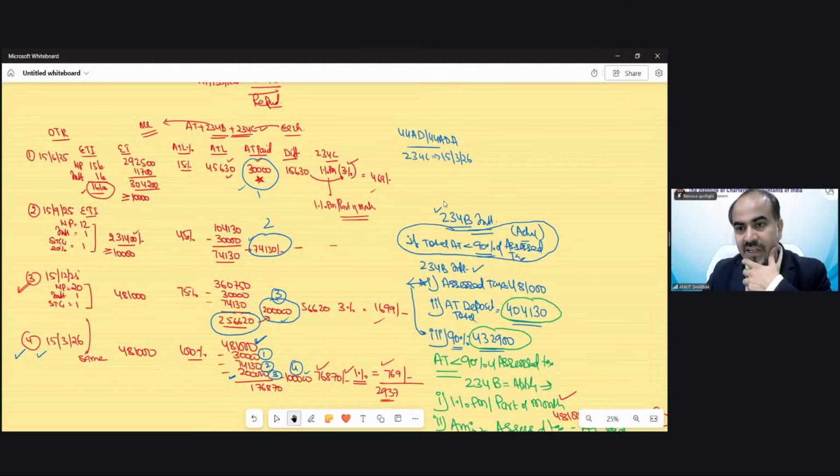Why 8%? Navneet Maurya is asking why 8%. Because we need to find out the default time duration from April till November. How many months? 8 months: April, May, June, July, August, September, October, November. So there is an 8-month default, and for every month, 1% interest rate needs to be applicable. So it is 1% per month, and for 8 months, it would be 8% rate applicability. That's why it's 8%, Navneet. Anything else? Clear. Okay. Any more queries, students?